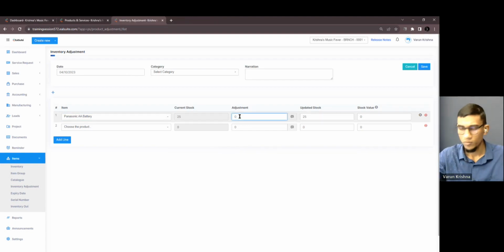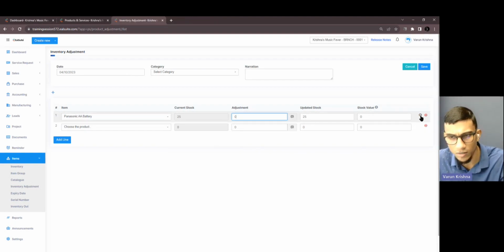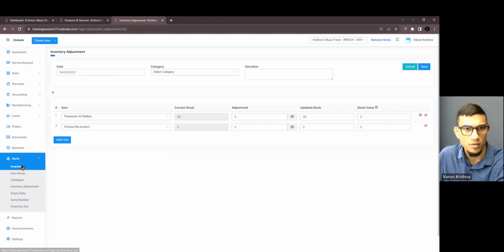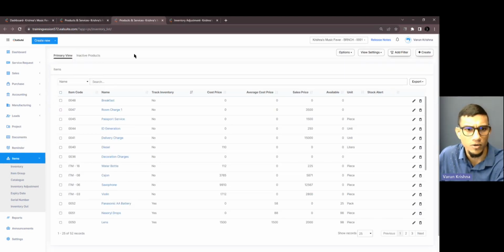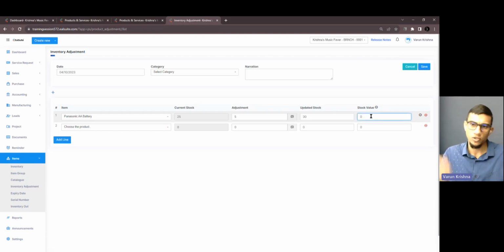So now everybody need to look into the stock value column here. There's another additional information also comes in. We'll be talking about that. Let's make a positive adjustment. So the updated stock is 30. And earlier, I did close that page, right? Yes, Panasonic, we have the average cost price 58. You're making the adjustment. The stock value,